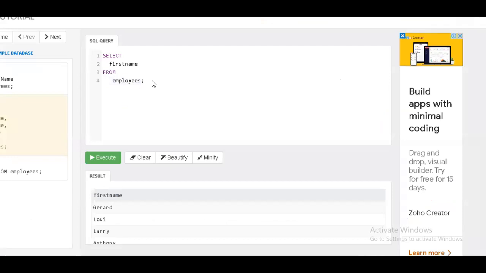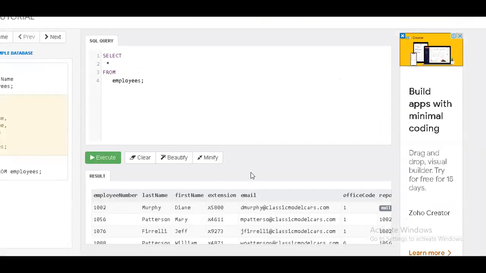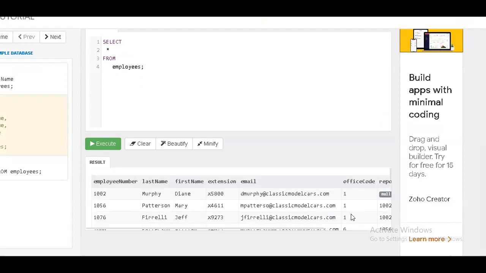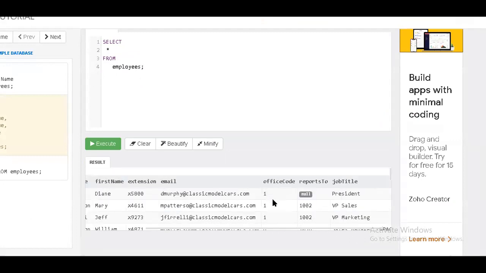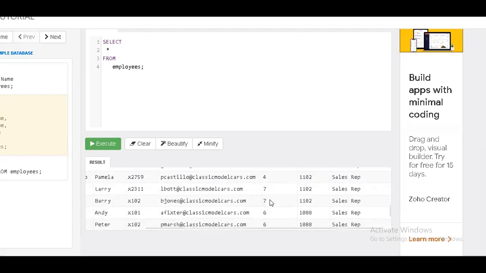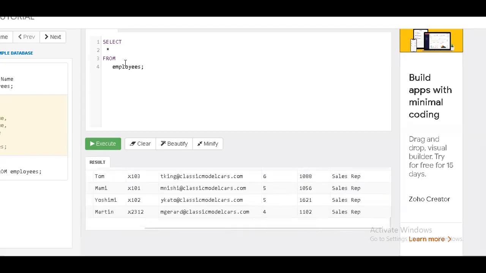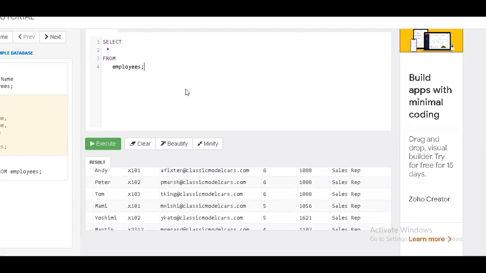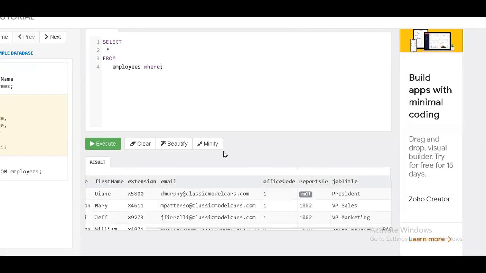Right. Here, do you have any conditions? If you want to go for a condition, we just check what records are there, and based upon that, I'll go for the condition. So I'll be seeing over here. I got it like this. Then here we have something called office code. Here we have office code 1642. I want the person whose office code is 6. So then I will go for the condition saying where office code.